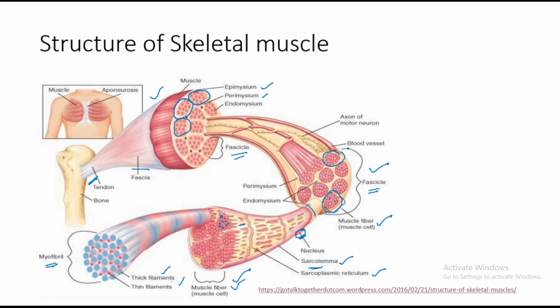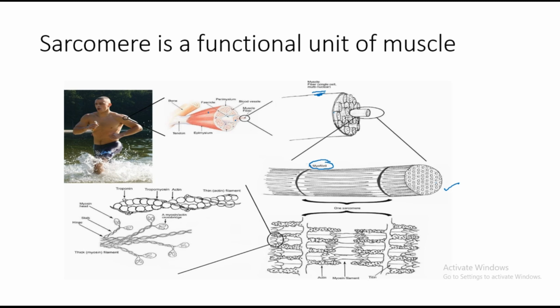in one myofibril we have alternating light and dark bands. So here, this is a dark band and this is a light area. These are the functional areas. These areas can be seen under a microscope, the dark area and the light area. So alternating areas can be seen under the microscope in the one myofibril.